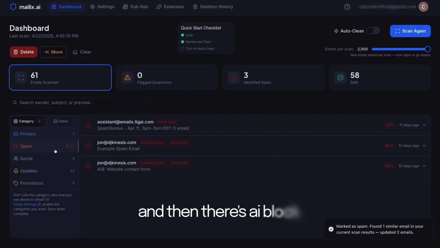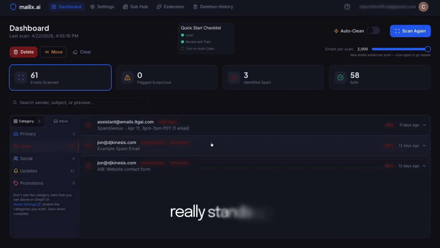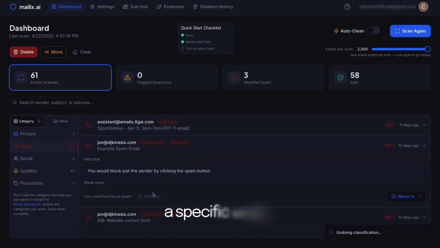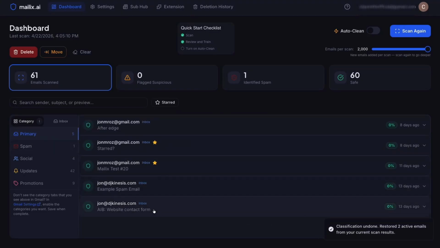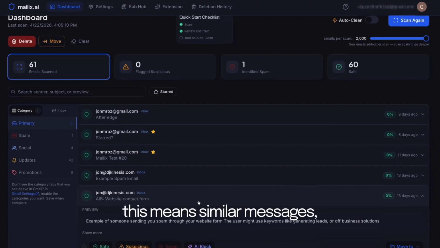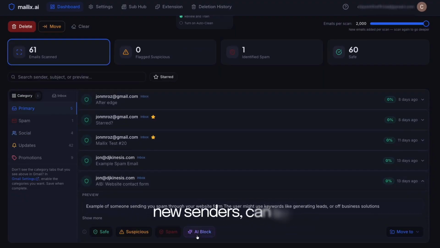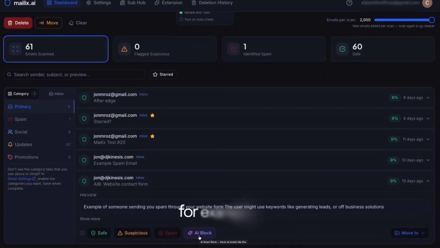And then there's AI block. This is where Mailix really stands out. Instead of blocking a specific sender, AI block understands the content of the email itself. This means similar messages, even from completely new senders, can be automatically blocked. For example,